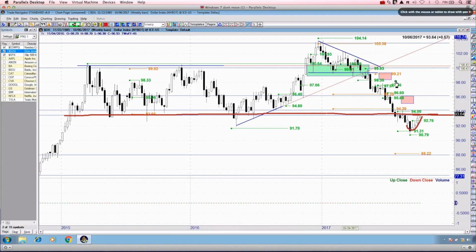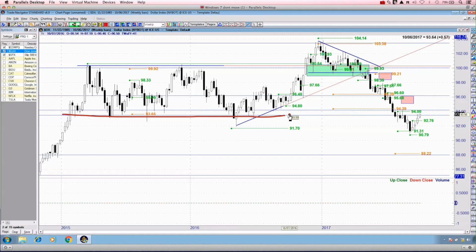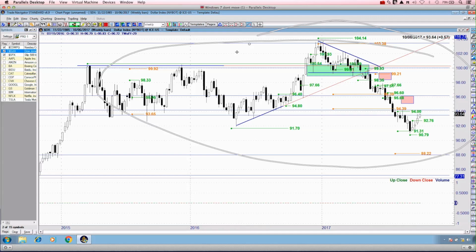But when you break down below macro support, it oftentimes becomes a new pivot for when we will retest it as new resistance. So the US dollar, so to speak, it is still 50-50. I can make a bullish argument very easily. I can also make a bearish argument probably a lot easier. If I had to choose, at this particular point, of the actual retest of this macro support and the simple fact that the oscillators are oversold and they're switching into a bullish alignment, I still side with the actual support and resistance and the larger time frame, which has been in effect in terms of weekly candlestick construction since the year 2015.